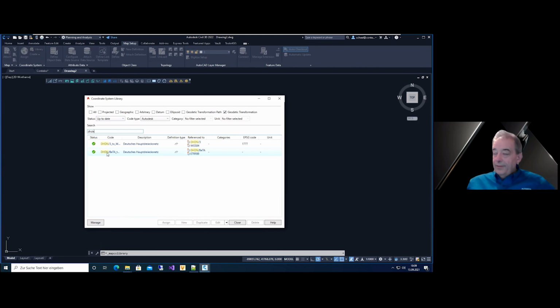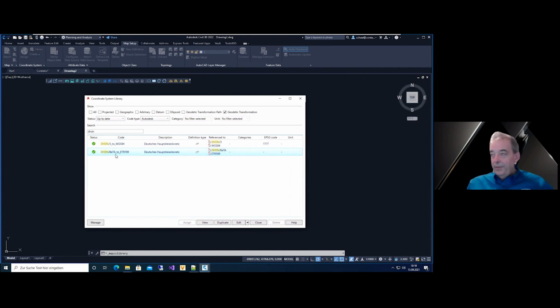Now we select normally the second one, because the second one is working with the beta 2007 GSB file. The first entry you find cannot be edited directly. You can view it, but when you view it, you will see it's a parametric transformation.